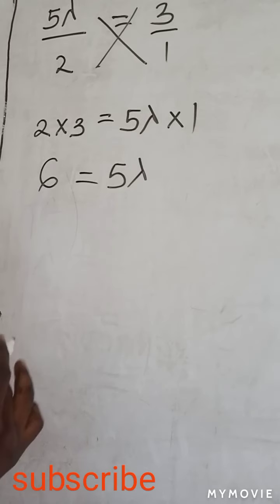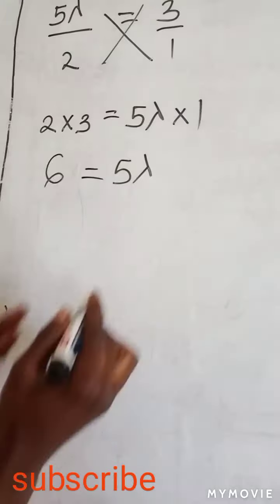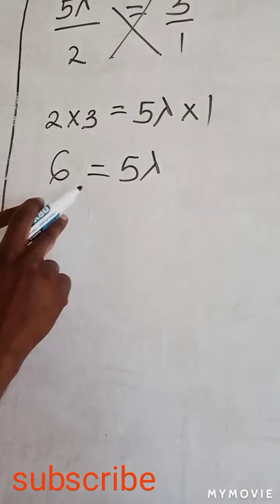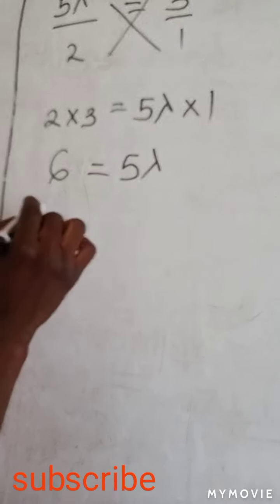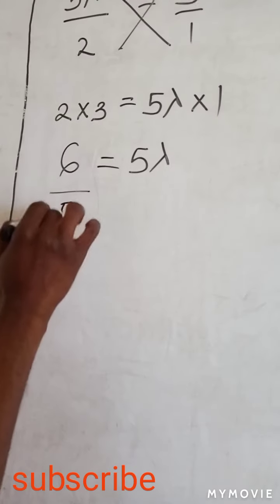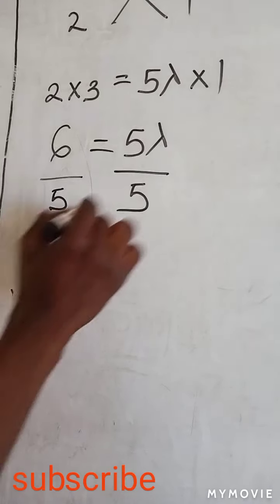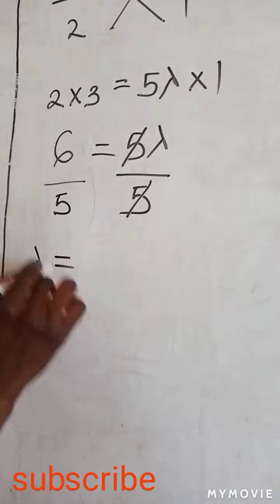For us to know the value of our wavelength, you have to divide both sides by the coefficient of wavelength, and the coefficient of wavelength in this equation on the board is 5. That shows we are dividing both sides by 5. When 5 goes here, I'm going to be left with wavelength equals